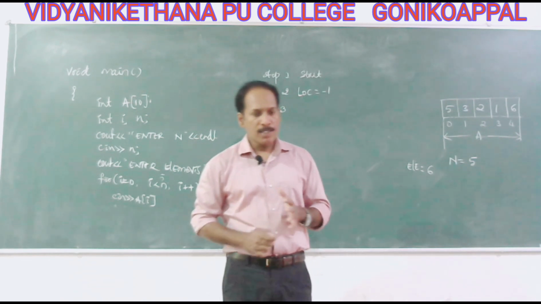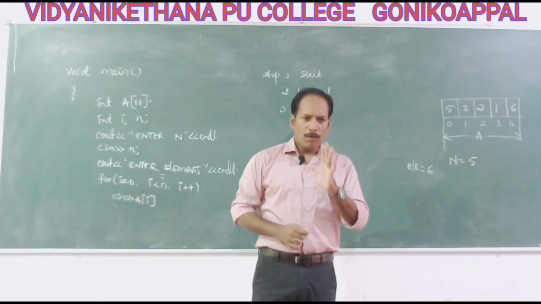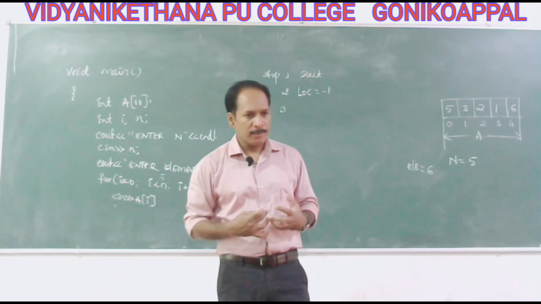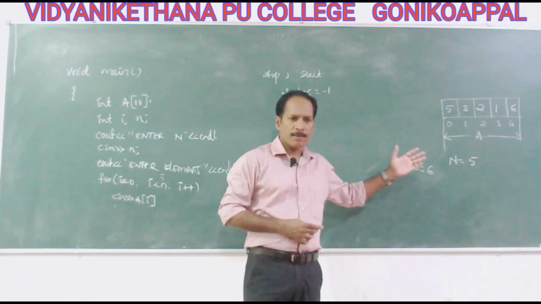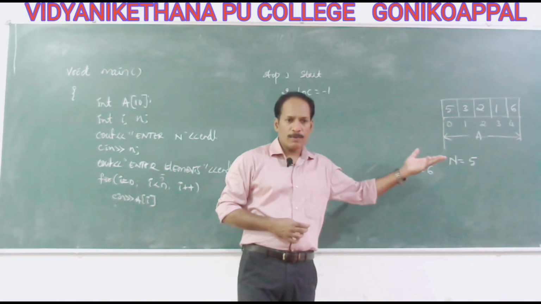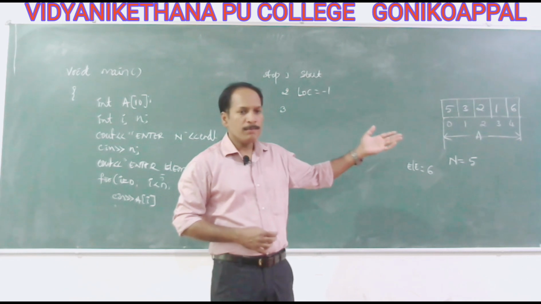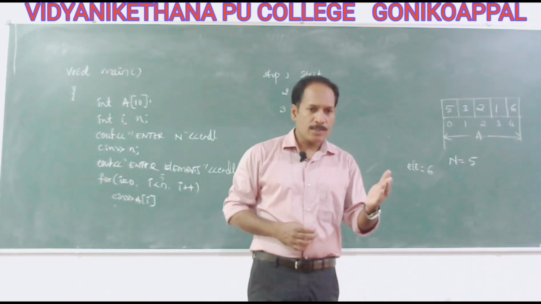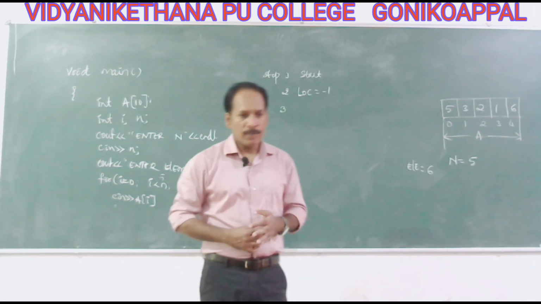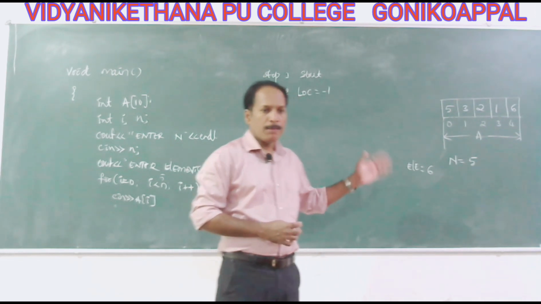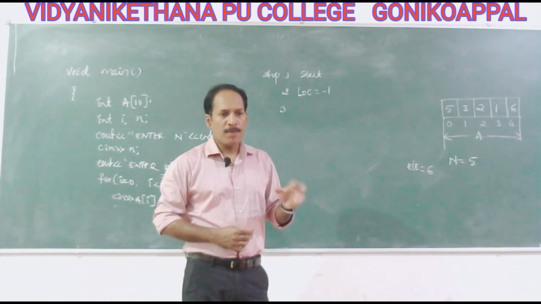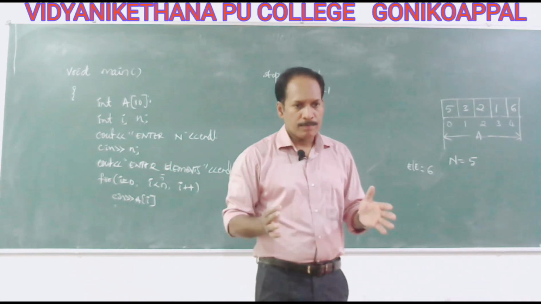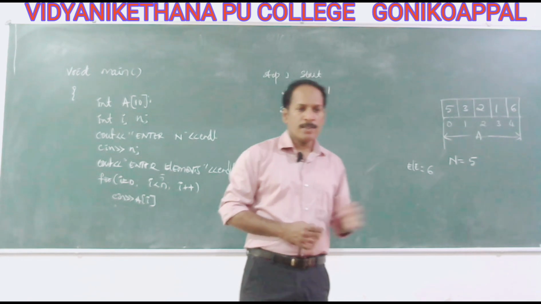Computer science means mathematics. All the operations should be carried out using mathematics. In real life also we do the same mathematics, it's a comparison. Equal, yes, the same, then only. Because we see, we are familiar, but in the brain's background, it does the calculation of comparison. So if they are same, then only you can conclude they are one and the same. So that is the comparison we have to do, whether they are same or not. That is, we use the mathematical operation equals. Yes, they are same. No, they are not same.